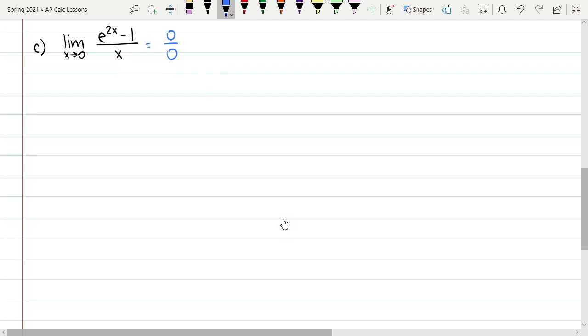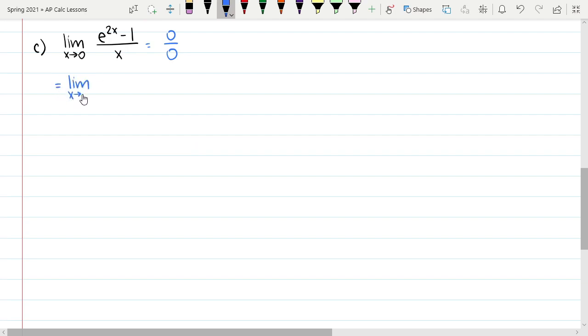Now, earlier in Unit 1, this is not a rational function. It is a fraction, but it's not quite the same because the numerator is not a polynomial. It's not a radical function, so I'm not going to use a conjugate or anything like that. This is not a function for which you previously learned an alternate way to handle indeterminate form. So this is a situation where we actually don't have much choice but to use L'Hopital's rule. We would not have been able to really approach this very easily previously. All right, so using L'Hopital's rule,